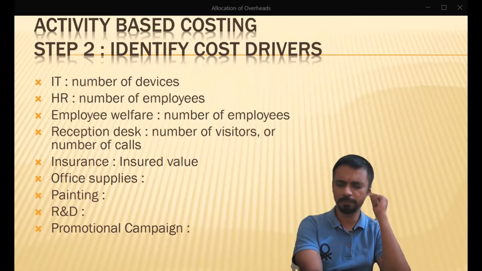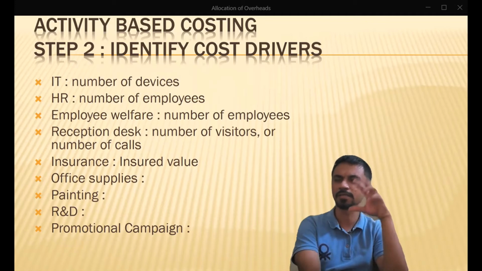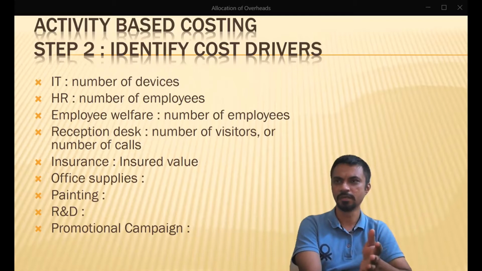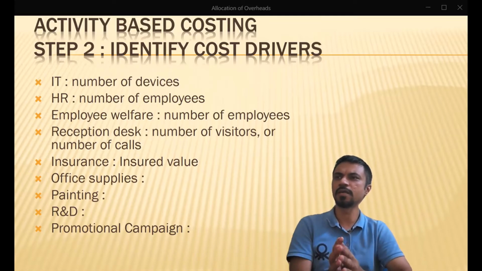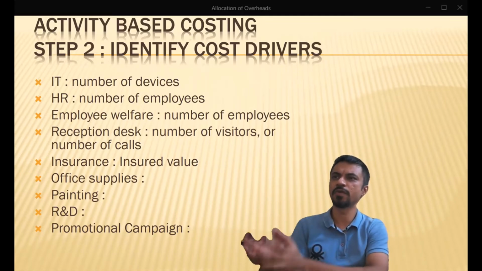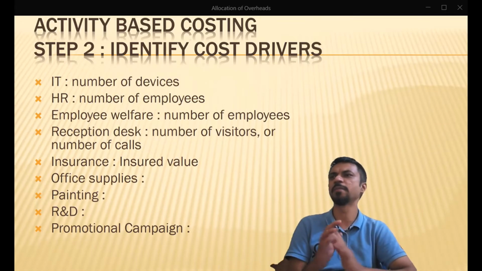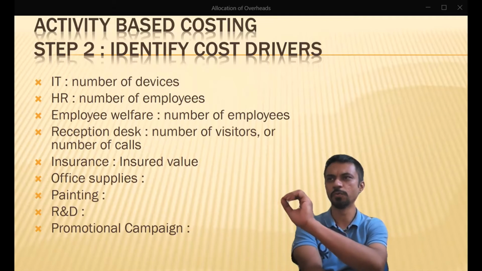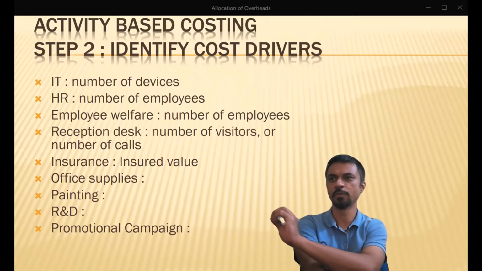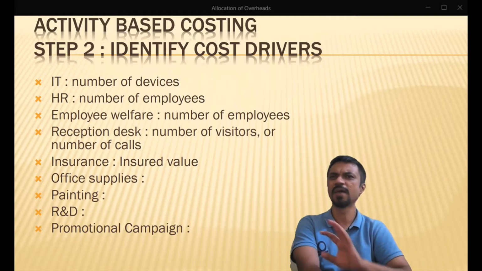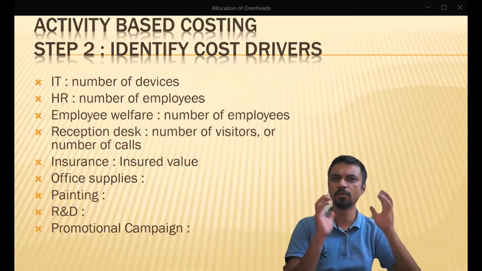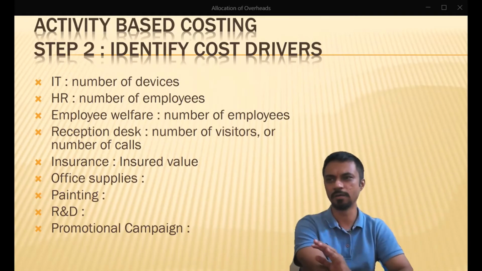If you recall our budget sheet that was shared in the very first class, you'll notice there was a number: 17 rupees per hour. So their thought process was that if my plant works for 1 hour, I am incurring 17 rupees of cost. So it doesn't matter how much is going into IT, how much is going into painting and how much is going into insurance. I will not worry about all that. I'll just club that into one basket and divide it or apportion it in this way.